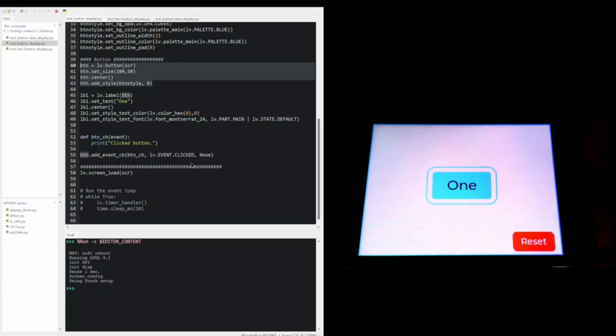All right. When I press the button, it's going to send a message to the Thonny shell. So let's do that. All right, you can see every time I click on the button, it sends a message, clicked button. So that's pretty simple and straightforward. All right, let's reset